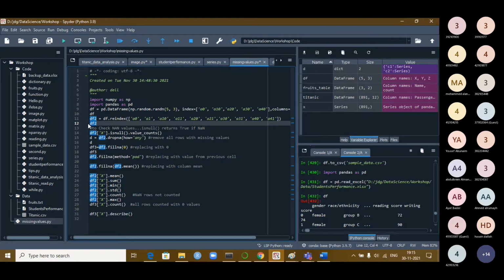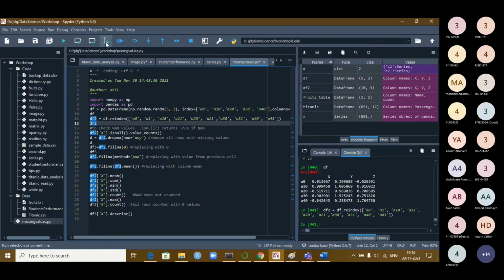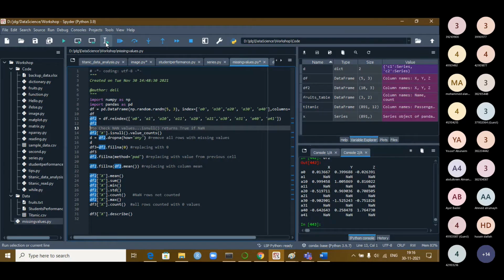Now let us see the df2. What is available? Let us run this. Try to show the data now. Okay, you observe here. Whatever you have inserted in the middle, these have NaN values, not a number, that is, missing values, because they are empty. I did not store any data in them.